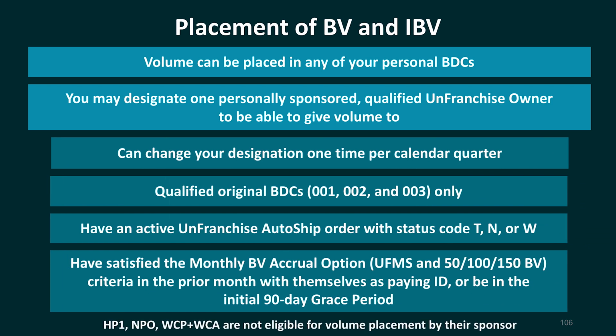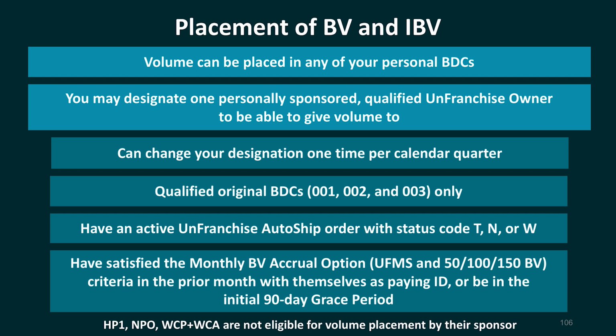Placement of BV and IBV. Volume can be placed into any of your personal business development centers, and you may designate one personally sponsored qualified unfranchised owner to be able to give volume to each quarter. You can change your designation one time per calendar quarter, and it has to go into their qualified original BDC, so their 001, their 002, or their 003 only. They have to have an active unfranchised auto ship order with status of T, N, or W, and they have